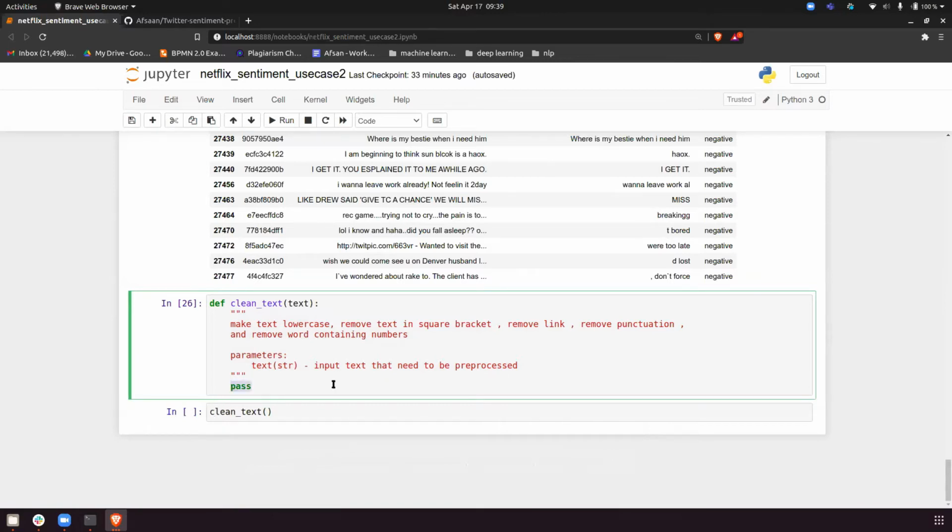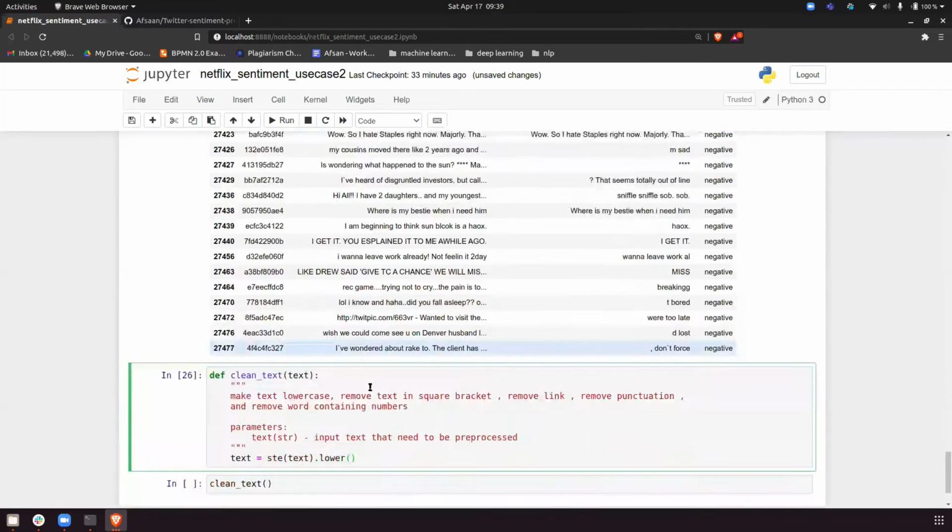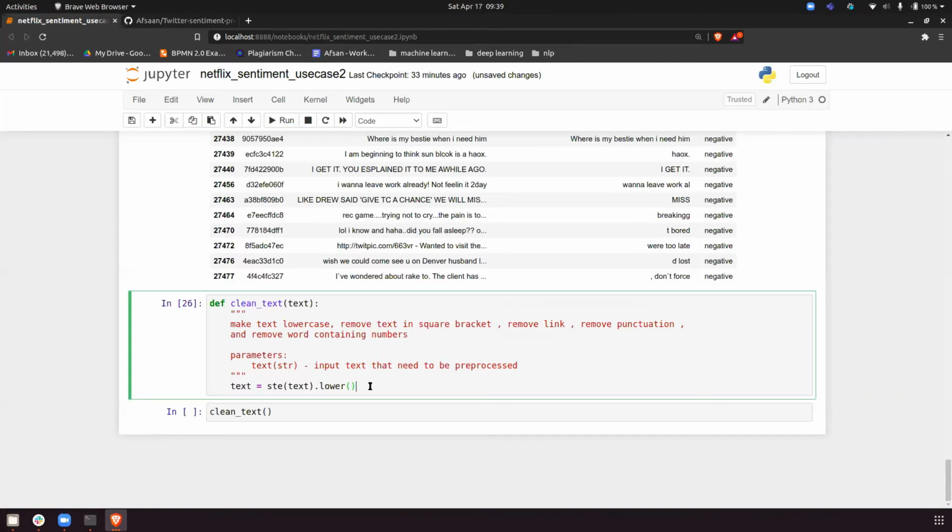Now what we'll do first is, for the text, convert str to text, and convert everything into lowercase. As I told you, the first thing you have to do is convert into lowercase. Then, I will not do all types of text processing here. That is homework for you, for example removing stop words and any other thing you want to do. I will just go with the regex, just to give you another way.